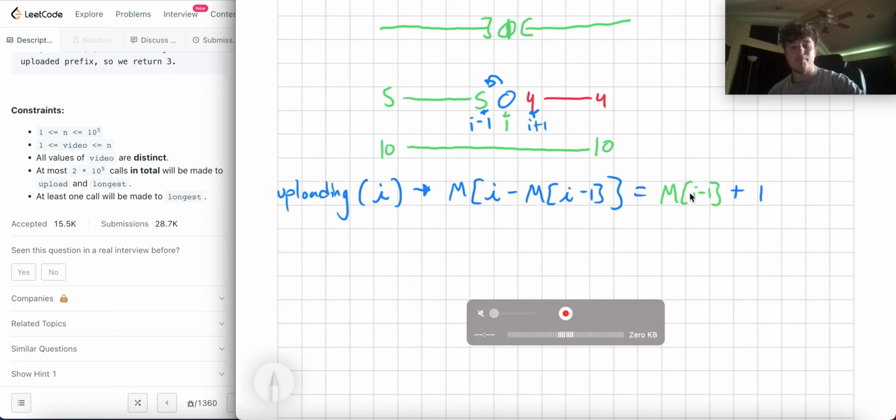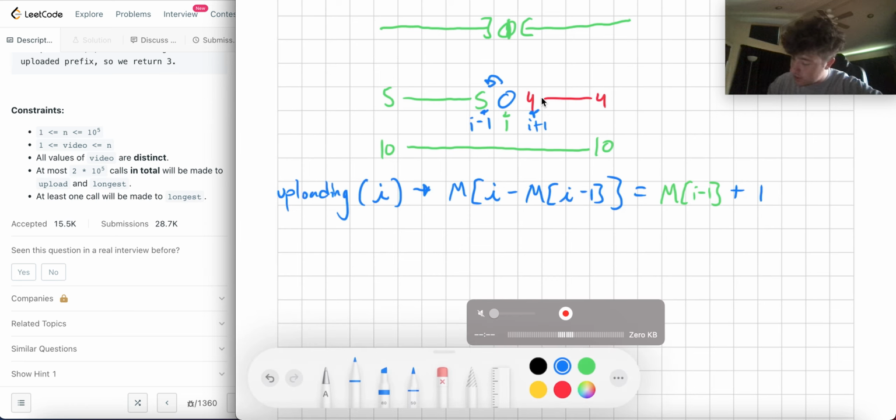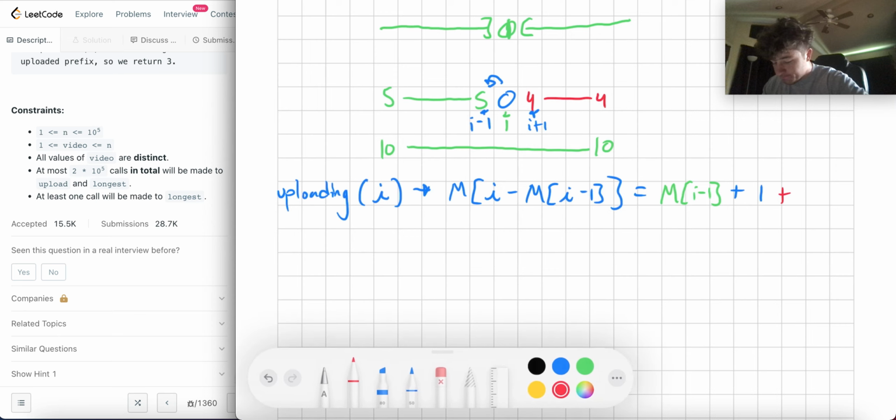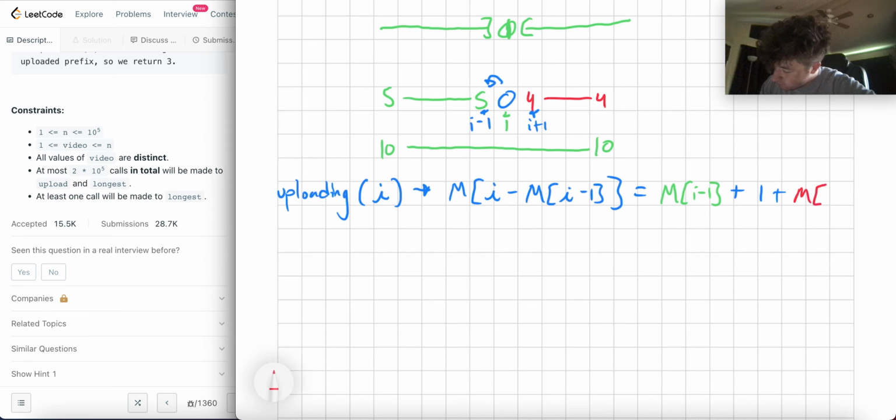So I'm uploading the old one's length, I'm adding myself, and then I'm going to add the new one's length. So what's the new one's length? Well, that is m of I plus 1. Like that. Because that's this new one's length.